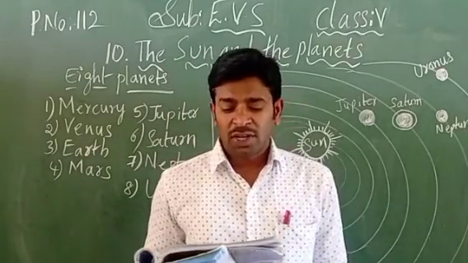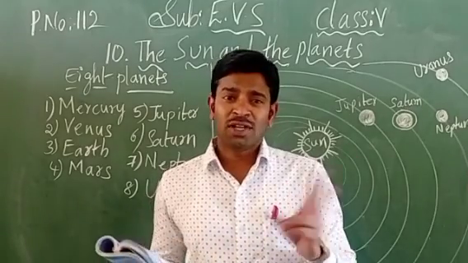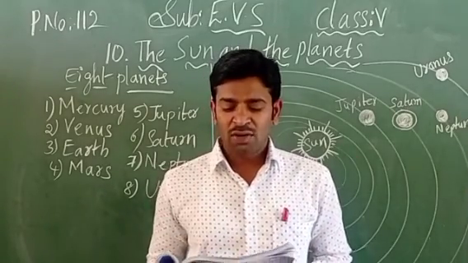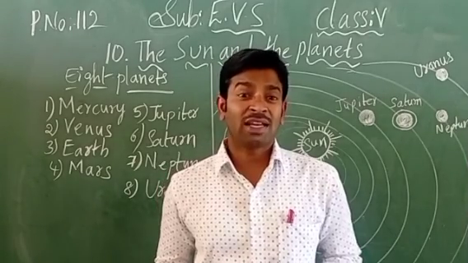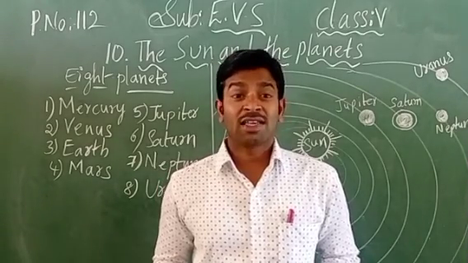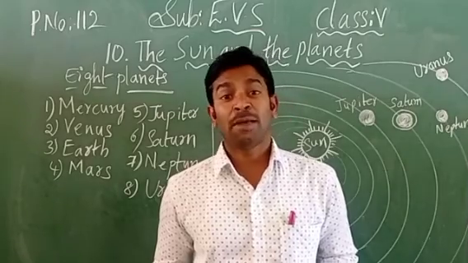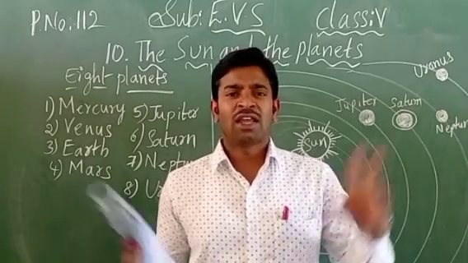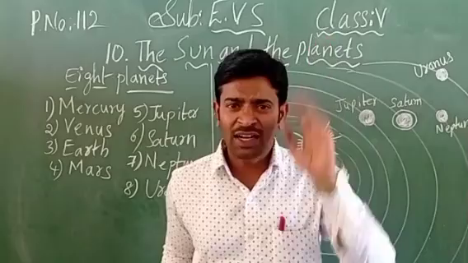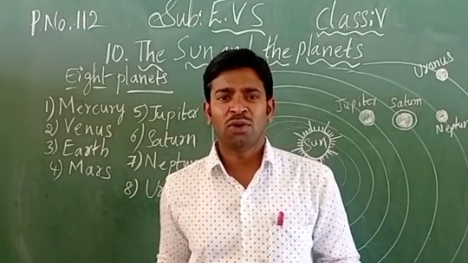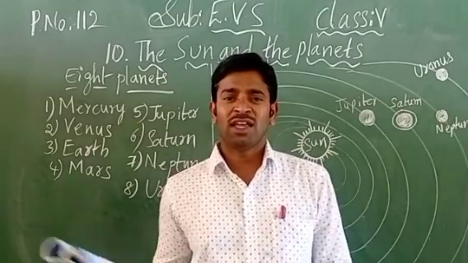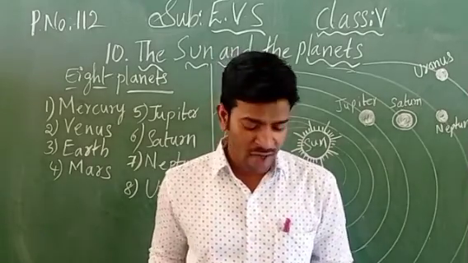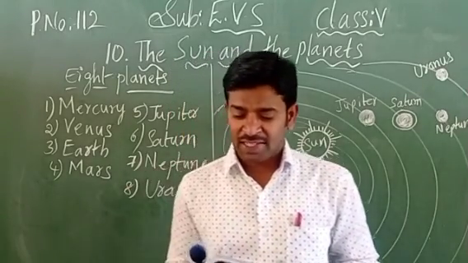Now these two girls are talking to each other. They looked at the magnificent night sky. The meaning of magnificent is vast. Vast means very large, very big sky. Yes or no? Is there any end to the sky, children? No, there is no end to the sky. If we keep seeing with our eyes, it looks very big. That means very vast.